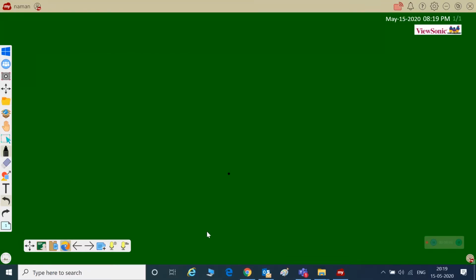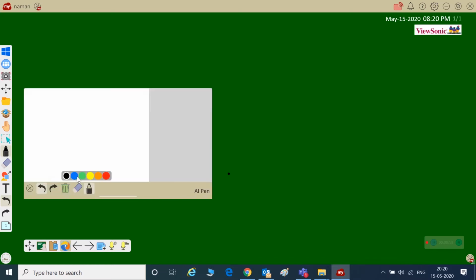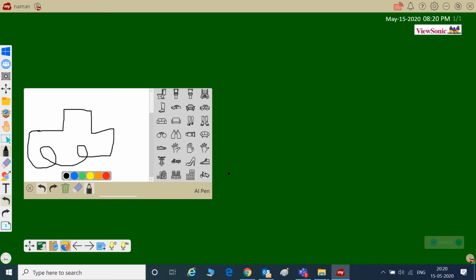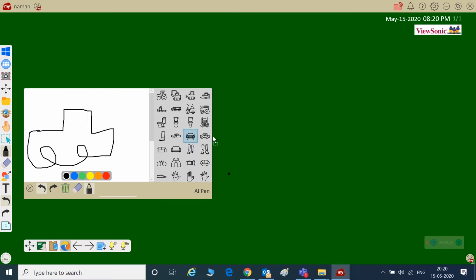Another feature we have integrated in MyViewBoard is the artificial intelligence pen. Let me show you how it works. Go to the toolbar menu and select AI pen from here. Let's say a teacher wants to explain about a car. So instead of going on Google and searching for it, the teacher can roughly draw a car like this. And the AI pen will automatically detect a few alike pictures. It can simply be dragged and dropped